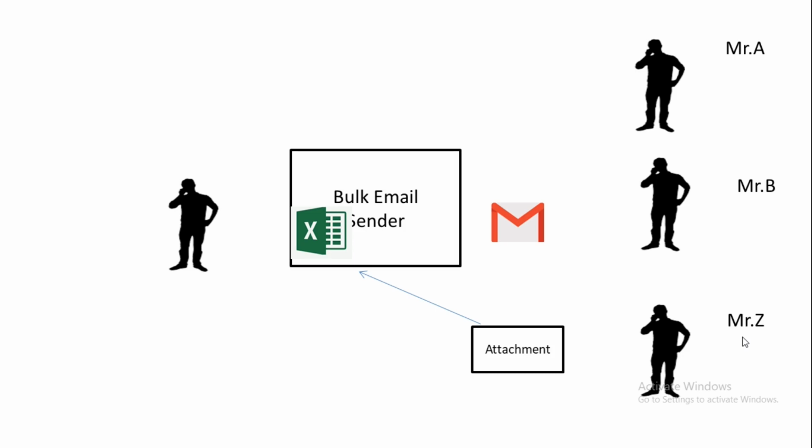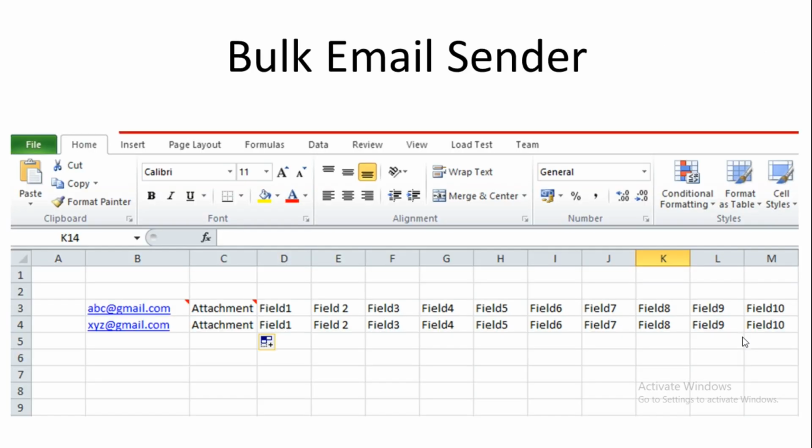You need not do anything except upload the Excel file that will contain the email ID, your attachment information, and apart from that 10 extra fields can be attached. That field can be anything like the name of the customer, contact number of your AO, bill amount, bill due date, type of connection, any other rebate you want to offer, any pending amount of that particular customer, any other thing you want to mention. So this type of Excel you need to upload to the software.